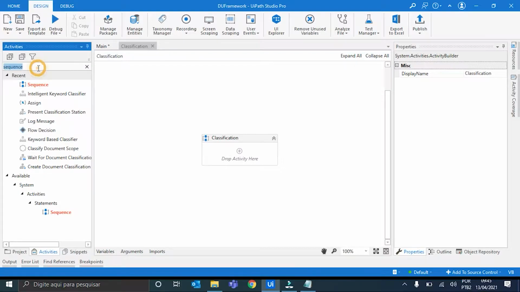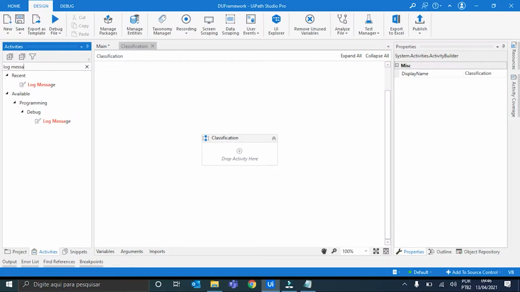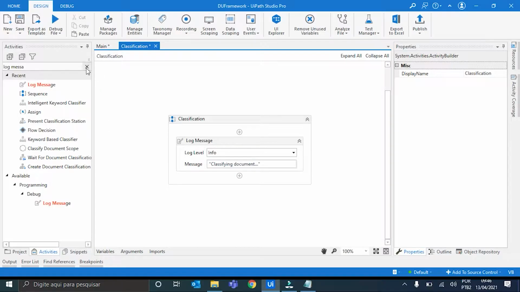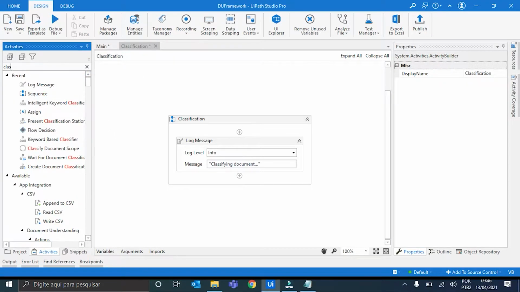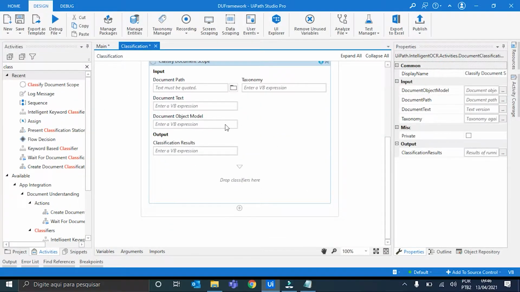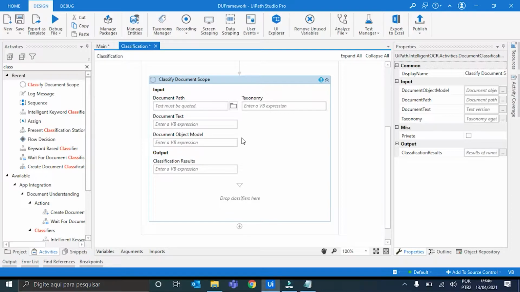Okay, so the first activity I'm gonna put here is a log message for logging purposes. And I'll just type here classifying document. Right. Now the second activity is the classified document scope. In this activity is where the classification of the files that are processed will happen. We can see here that we have many inputs and just one output, and here we can drop the classifiers